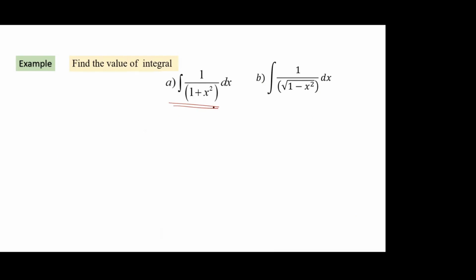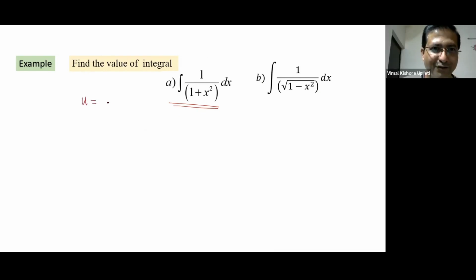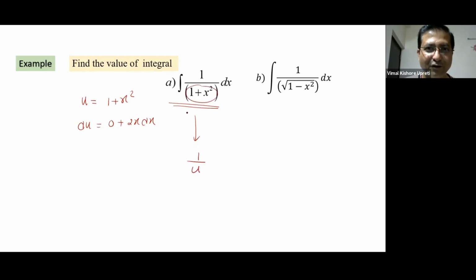What to substitute? x square is u. Okay, as you say, u is equal to 1 plus x square. du is equal to 0 plus 2x dx. If I start substituting the value, this is coming u, and dx in that case will be du by 2x. Now how will you integrate this one, because two different variables are coming now? u is coming, x is coming.